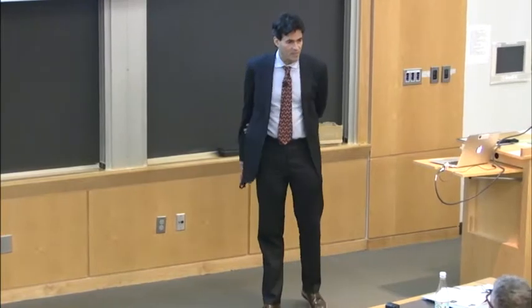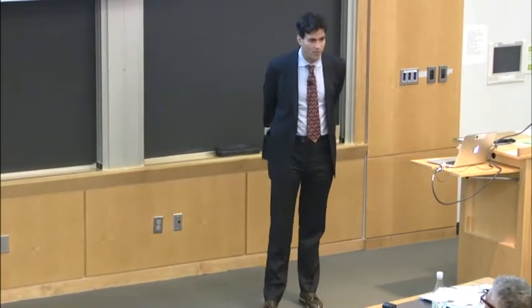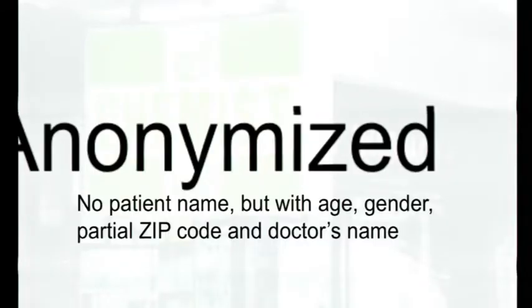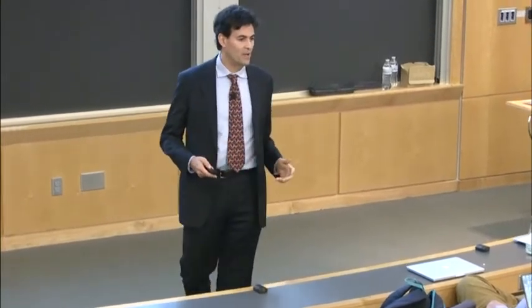So first, anonymized data, as we talked about before: no patient name, but it has the age, gender, partial zip code, and doctor's name. Now, this doctor's name part is significant because you may know that Dr. Jones is typically prescribing drug A. I work for drug company B. Dr. Jones, I'm coming to visit you. I'm bringing you some cakes or some gifts. I'd like to take you out to lunch. Let me tell you how great